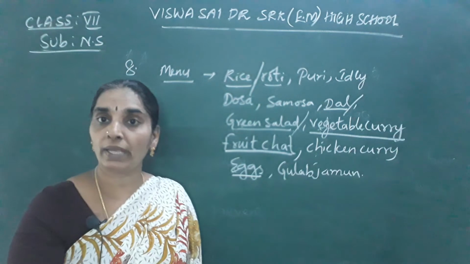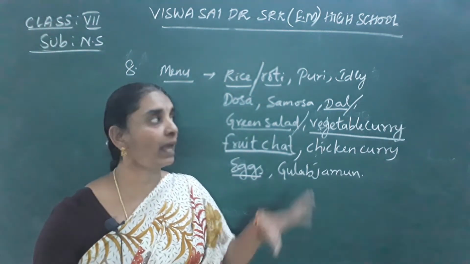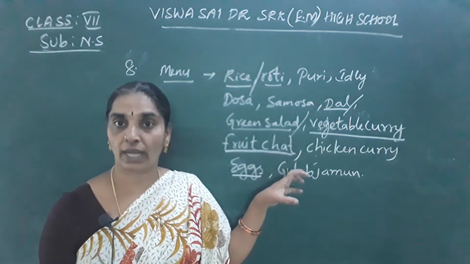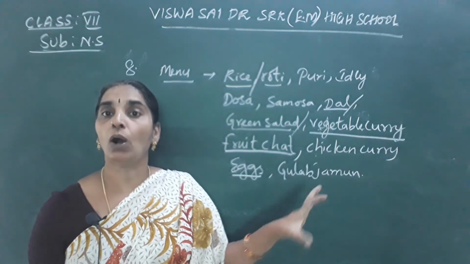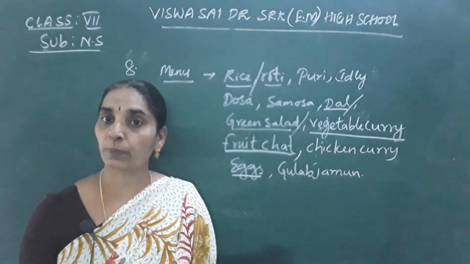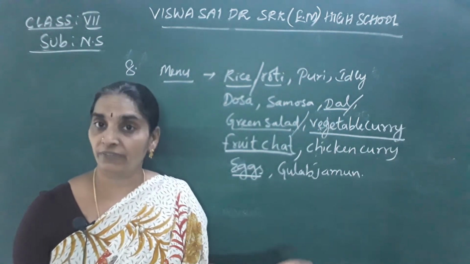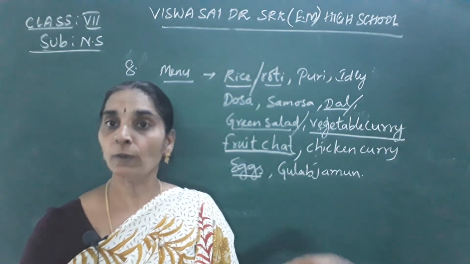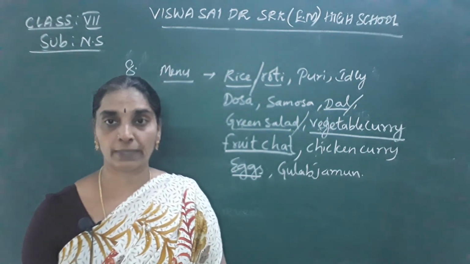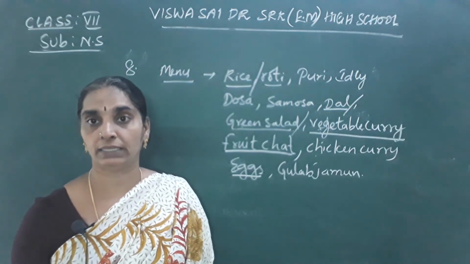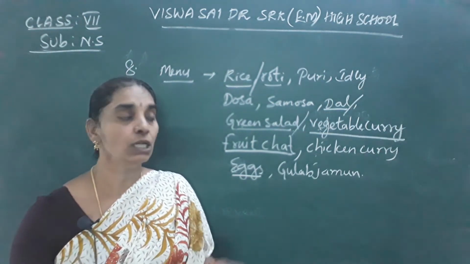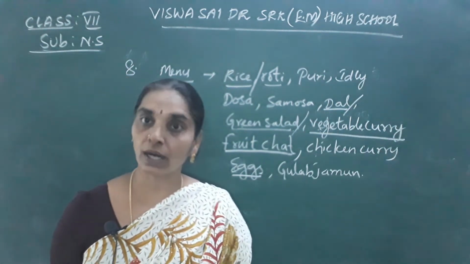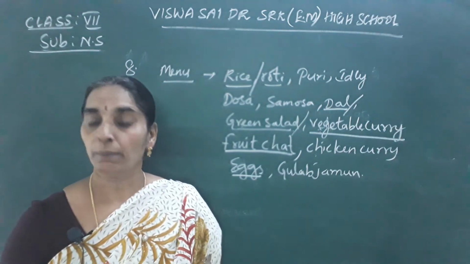Okay children, in that manner, if the menu contains all these items and you want to make your diet balanced, you have to plan to take food items that contain all the components like carbohydrates, proteins, a little fat, vitamins, minerals, and also water, and the fiber should be included in your diet. Food items which contain water should also be included to make your diet a balanced one.